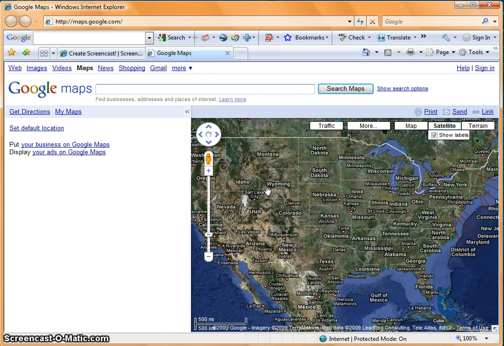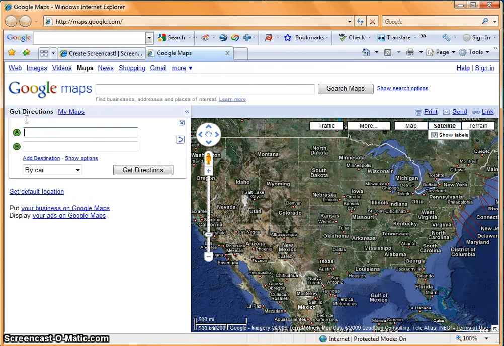There'll be a map on the right side, and then on the left side we want to go to Get Directions and click on that. Once you click on that, two boxes will pop up. In box A you want to put your start address, and in box B you want to put your end address or your destination. So for example, I'm going to use my house as the start address and Trinity as